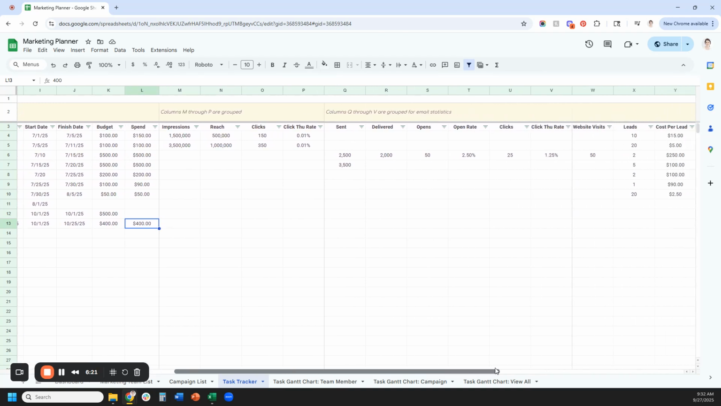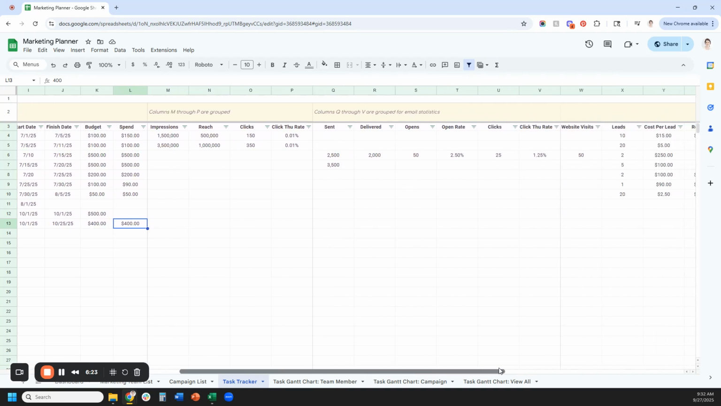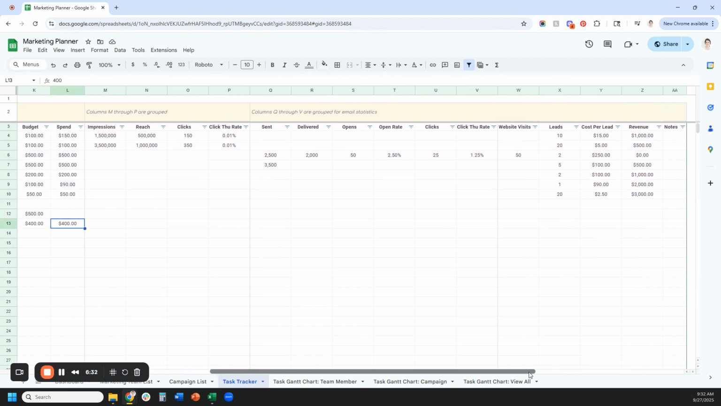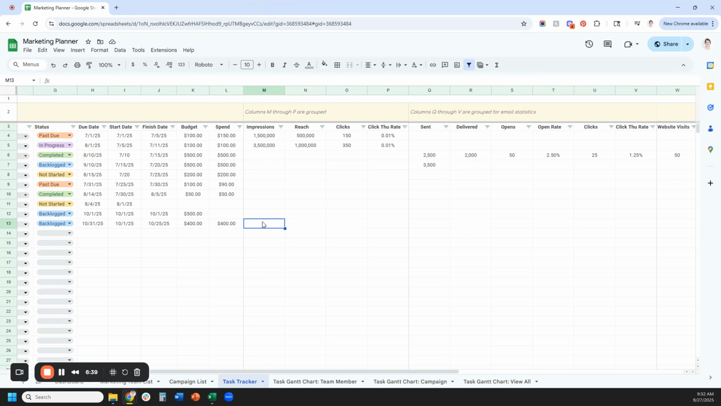And then scrolling over. So what's really cool about this is you are able to track KPIs and stats for all of your different types of tasks. All of the options over here aren't going to apply to every single marketing task, but I have all of the options for you for the ones that apply. So if it's a website or like an article or a digital ad or something along those lines, social media post, you can enter in your impressions, your reach, your clicks, and then your click-through rate is going to automatically